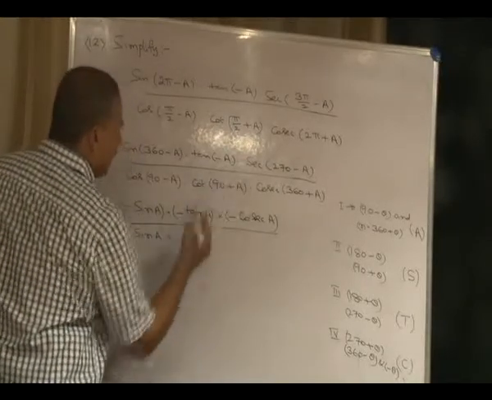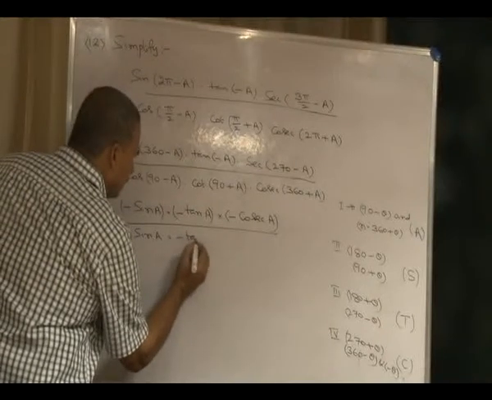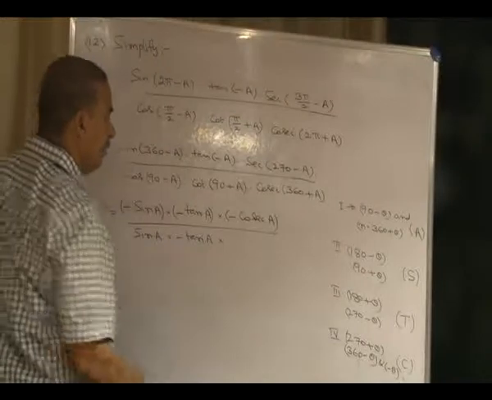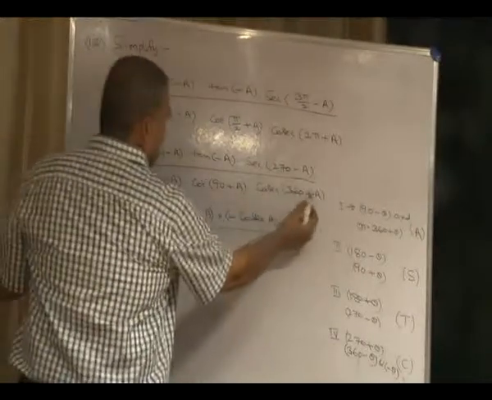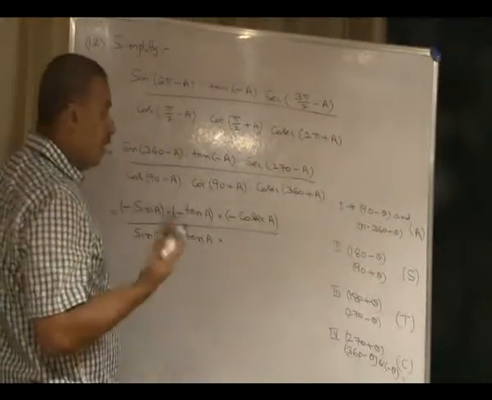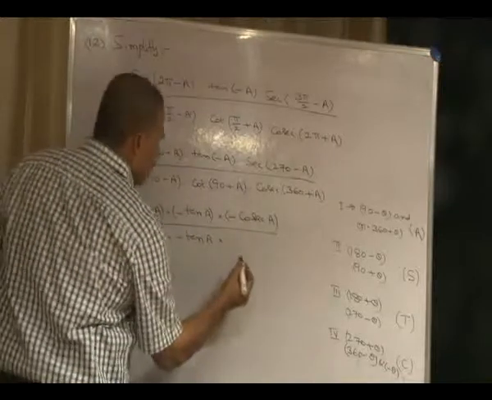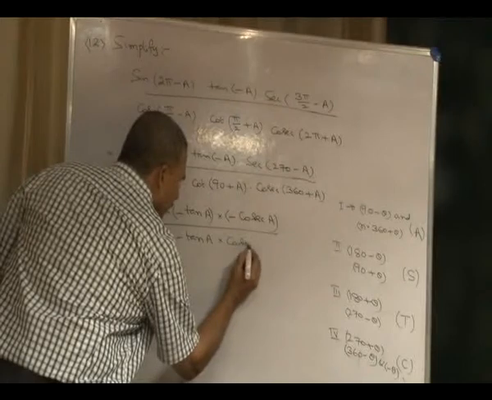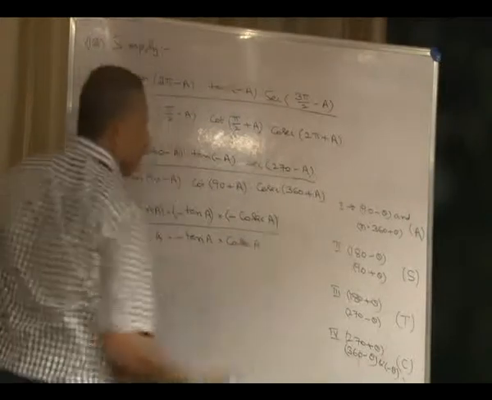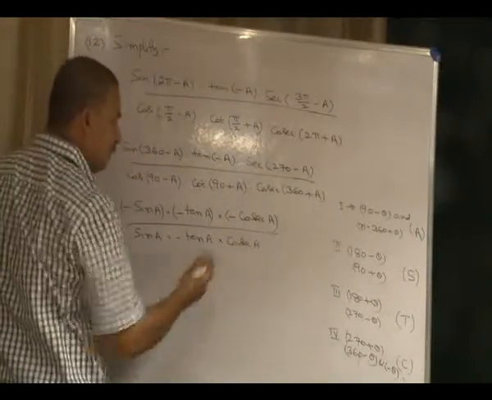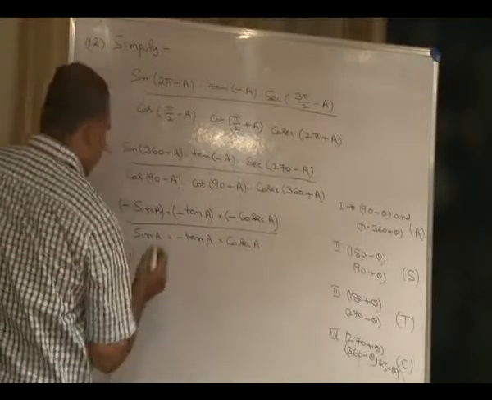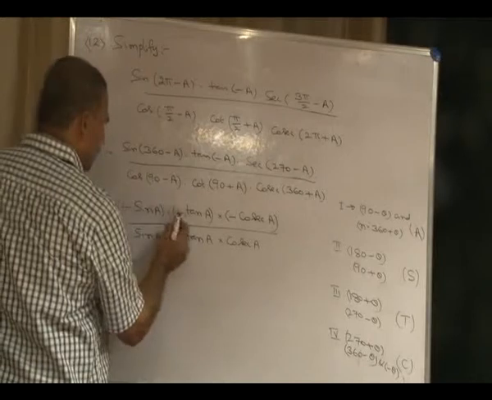In 90 plus a, the cot function changes to tan, that is tan a. Next, 360 plus a comes under the first quadrant. In the first quadrant all the trigonometric functions are positive, and in 360 plus a, the same function, that is cosecant a. This is minus into minus into minus, which is minus sin a into